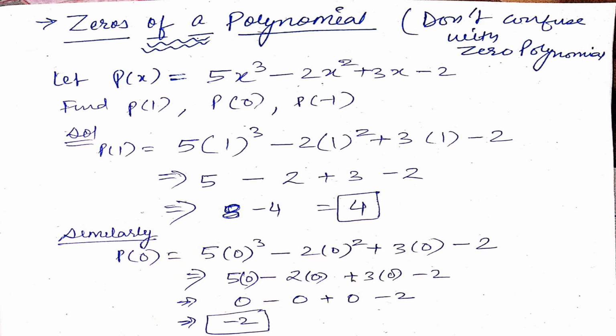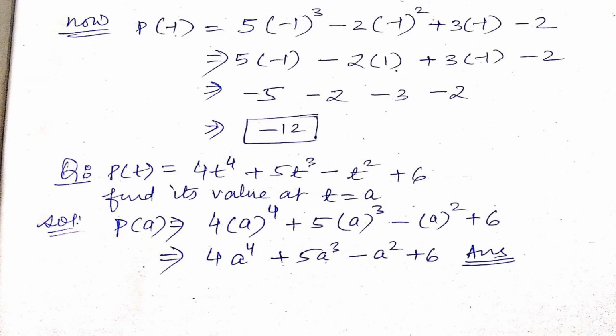Similarly, let's find the last one, that is p(-1). Actually, the concept that I told you of everything coming in a packet is for these kinds of numbers, that is negative numbers. I told you they are like fire. So whenever they are in front of you, you have to be more cautious. Same as the last two parts, I will replace all the x with minus 1. But this time carefully. So 5(-1) whole cube minus 2(-1) square plus 3(-1) minus 2.